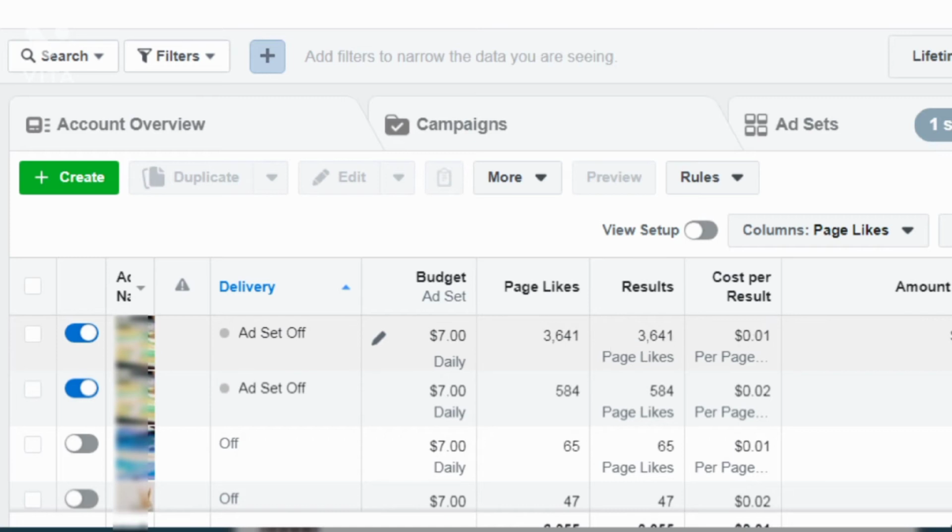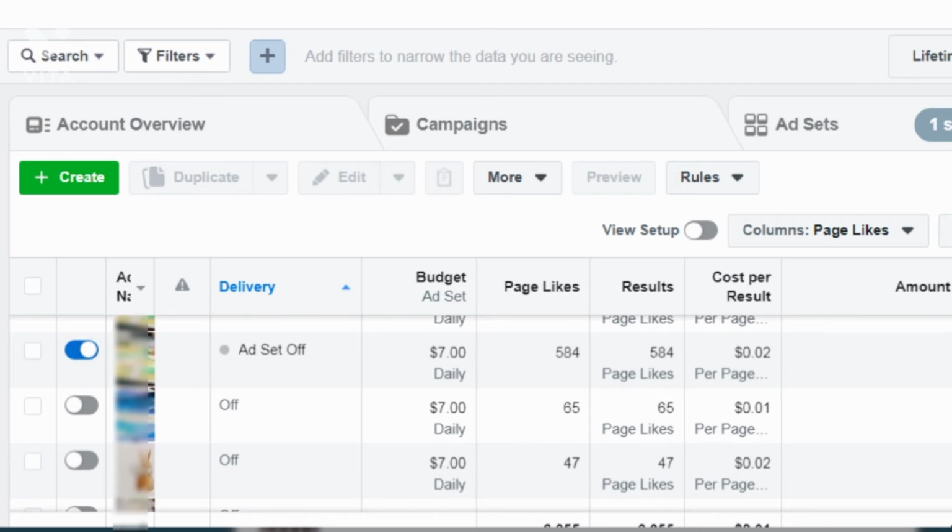And the relevance score was 7, and that's actually good. So a lot of times people will get relevance scores of 1 or 2 or 3, and that's not a good thing, because if it's low like that, what will end up happening is you'll actually spend more money. The higher the relevance score, 6, 7, 8, 9, up to 10, the lower you will actually pay, because Facebook wants to reward people who have ads that create a good experience, right?